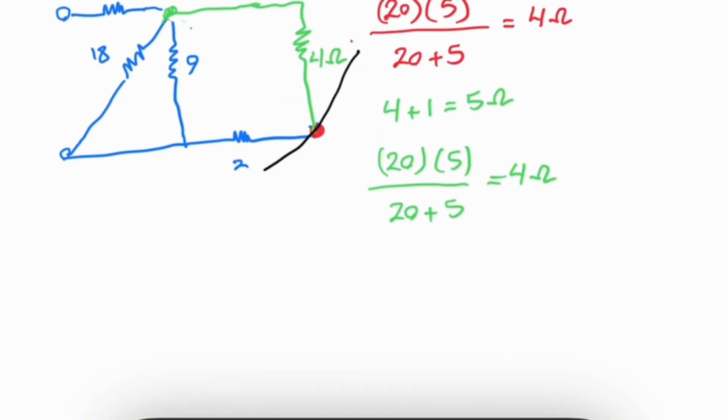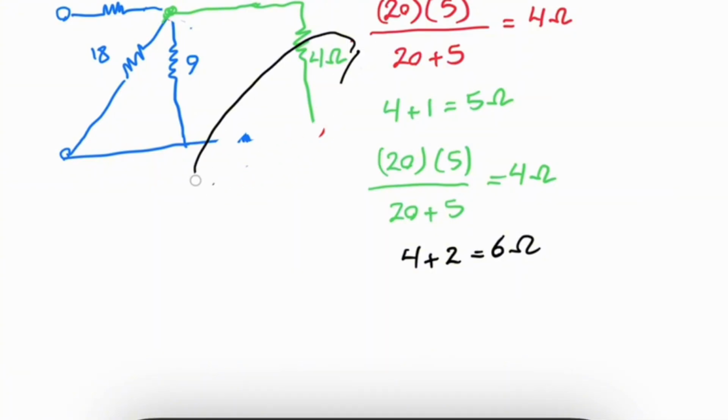Therefore 4 in series with 2 gives me 6 ohm. So therefore what can I do? I can replace this circuit by an equivalent resistor